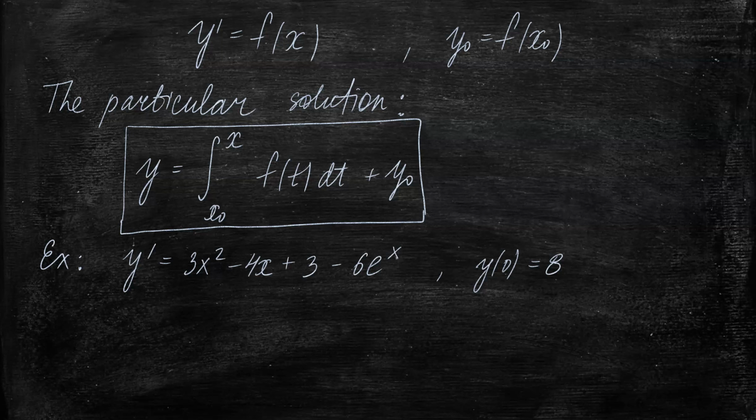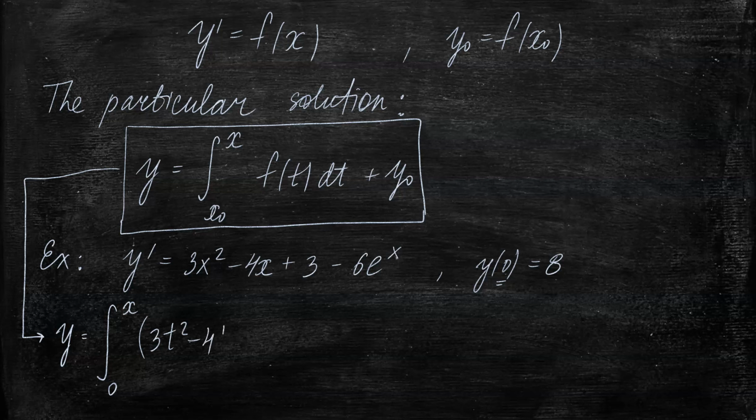then what do we see here? According to this formula, y will be equal to the integral from x0, which is 0, to x, which is just a variable, and now we plug in f of t, so we replace x with t, dt, and we're going to add y of 0 at the end, according to this formula, right? And then what do we see? We have